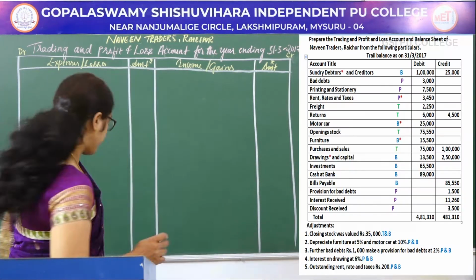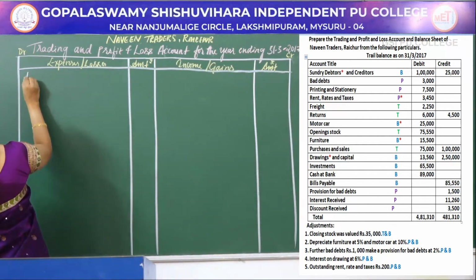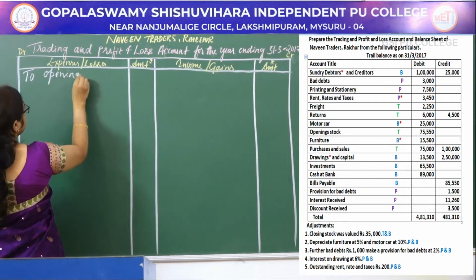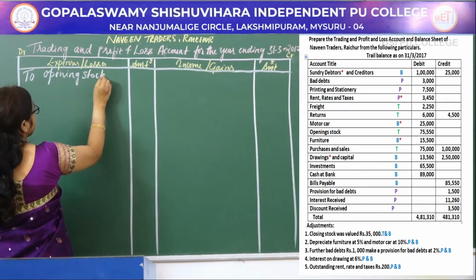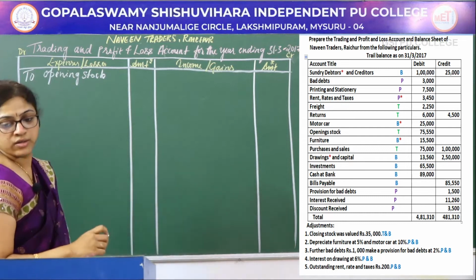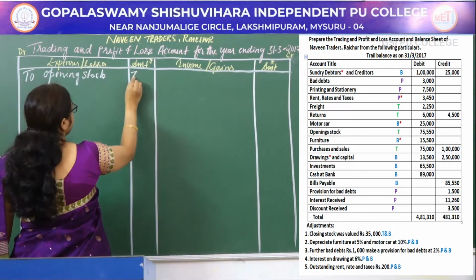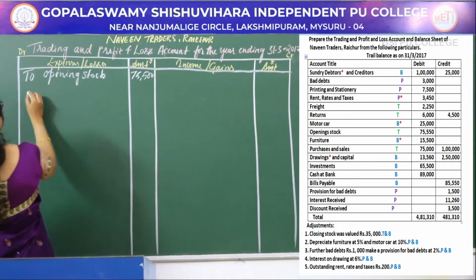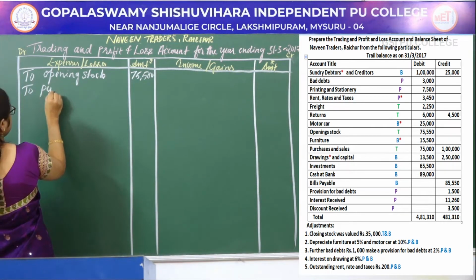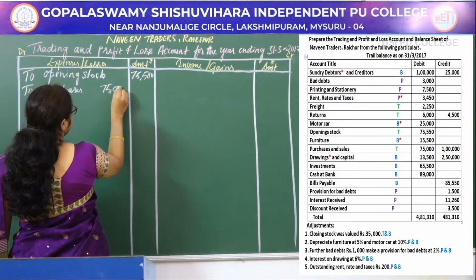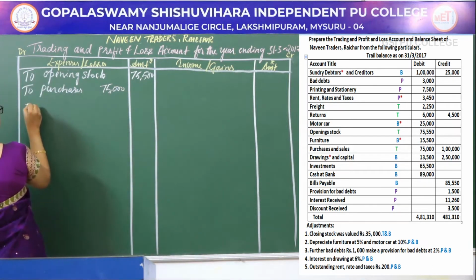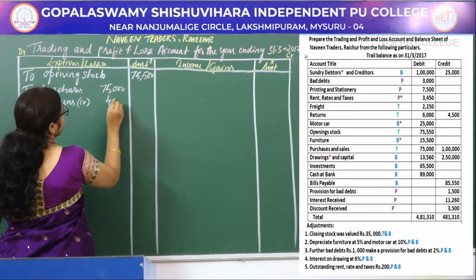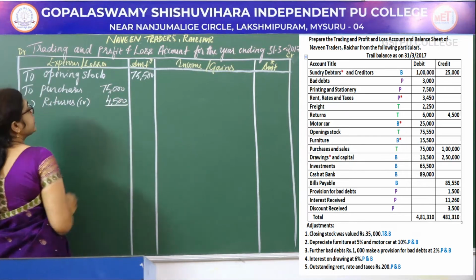So first one is to opening stock, amount is 75,500. Next one, to purchases, amount is 75,000, write in the inner column because purchase return is given, so less returns 4,500